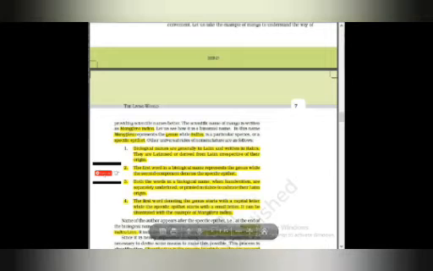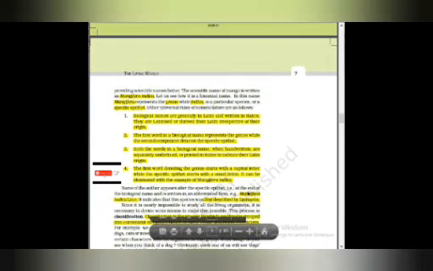Why is the Latin language chosen for naming living organisms? Because Latin is a dead language. There can be no further modifications in this language. So Latin is chosen for biological names. The fourth point is that the first word denoting the genus starts with a capital letter, while the specific epithet starts with a small letter. Hence, we have Mangifera indica.